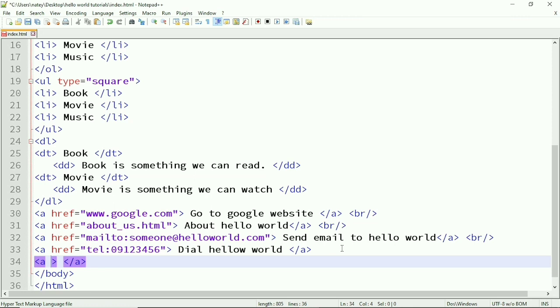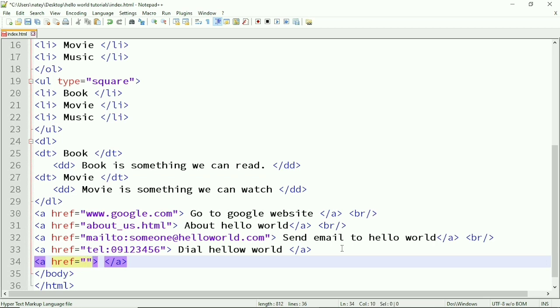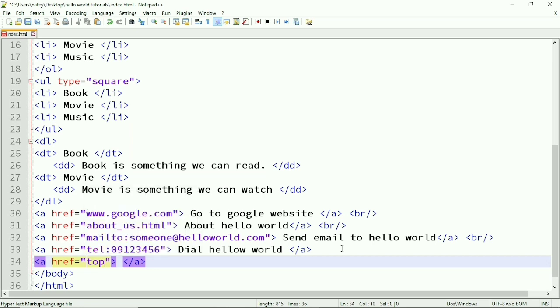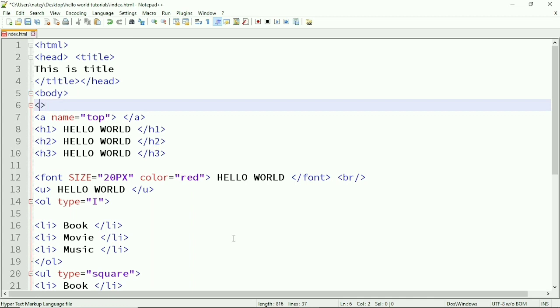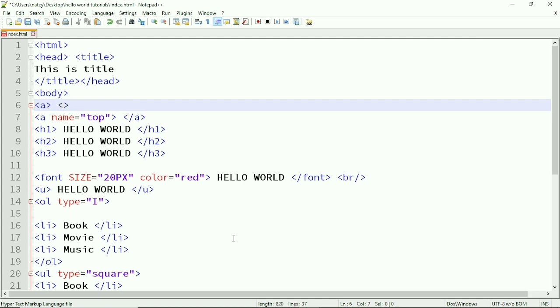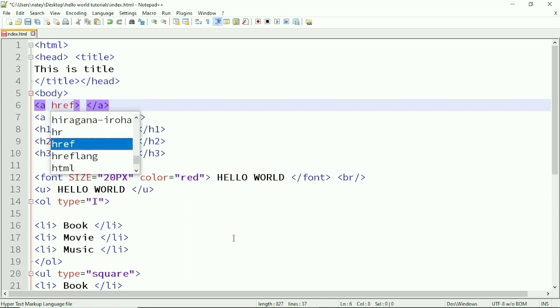I am going to add a link on the bottom part of this page, like href top. Before I do that, I add the target in this part. I should add a link on the top, another link. We're gonna start an anchor, then close an anchor, and we're gonna write href equals to